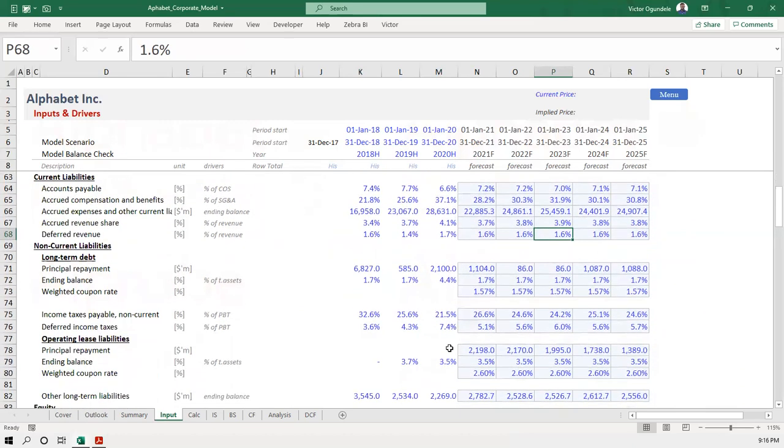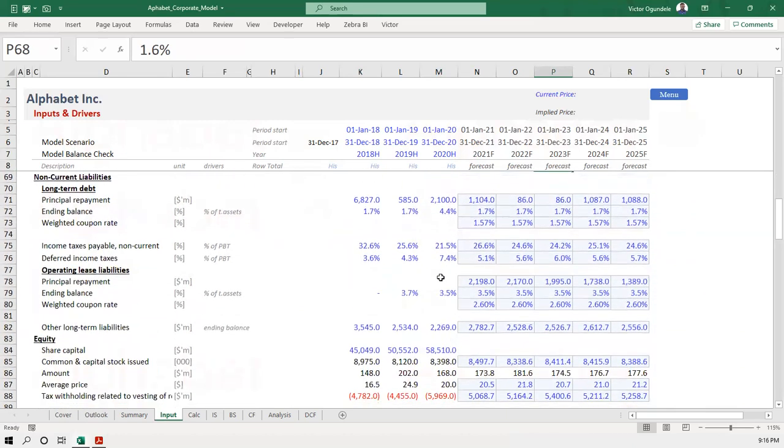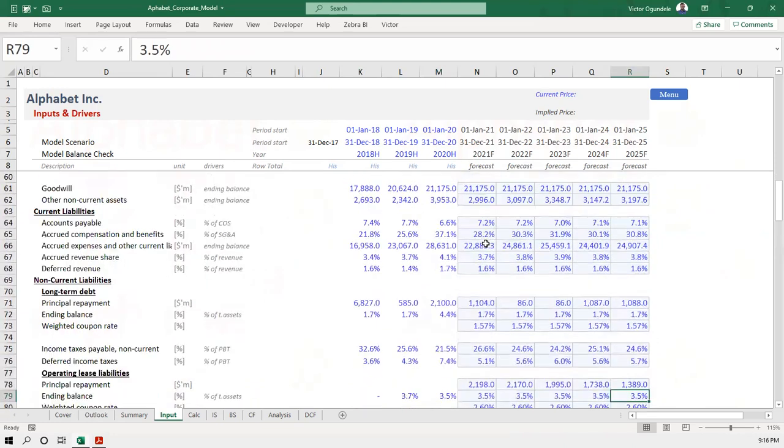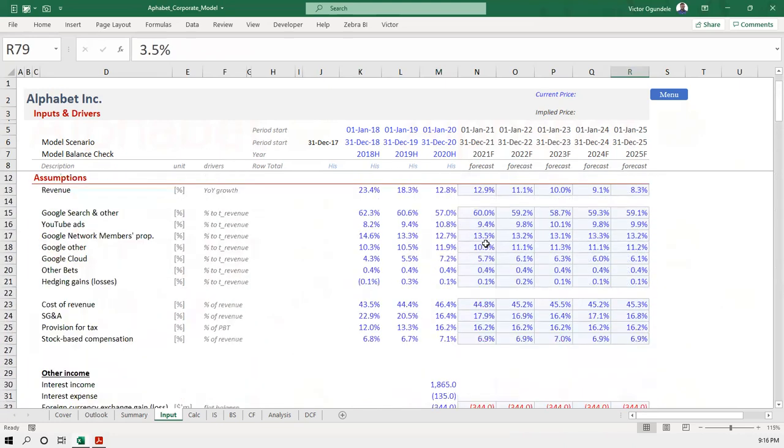On the balance sheet, you are also allowed to use the last historical percent, right? For example, this is my operating lease. I said operating lease as a percent of their total funding, 3.5, and I kept it constant for that period. So you can use those methods interchangeably on different line items. With the last historical, some use the minimum percent of the historical, which means they are trying to be very conservative.